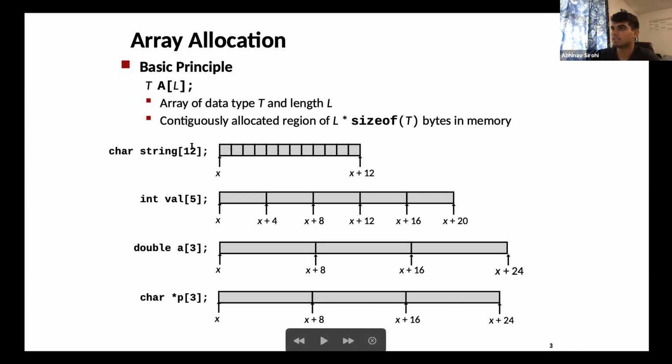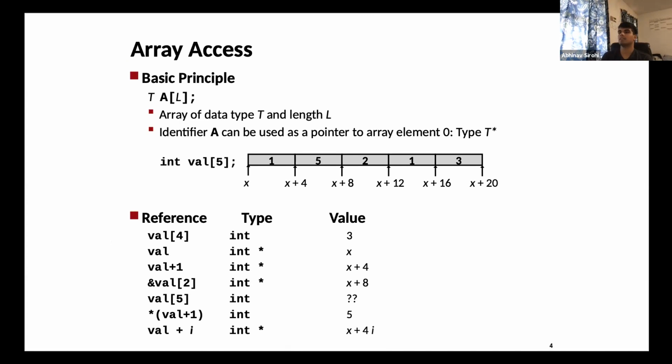So if you have an array of characters, you have the first pointer here, and it goes all the way up to here. And then let's say you have an integer array of 5 elements. You could basically add 4 because an integer is 4 bytes in memory. And so you could add 4 to get to the next element. And similar concepts for double and storing an array of strings. And yeah, so now we know that the identifier A can be used as a pointer to the 0th element,